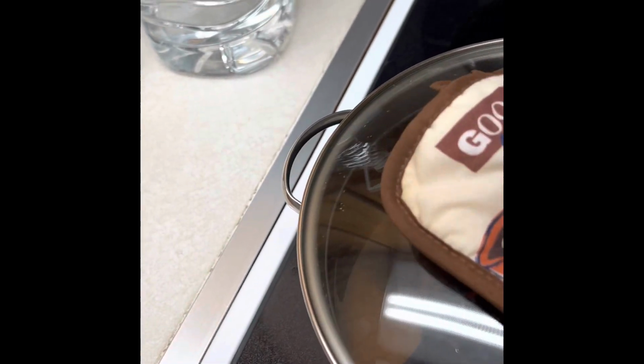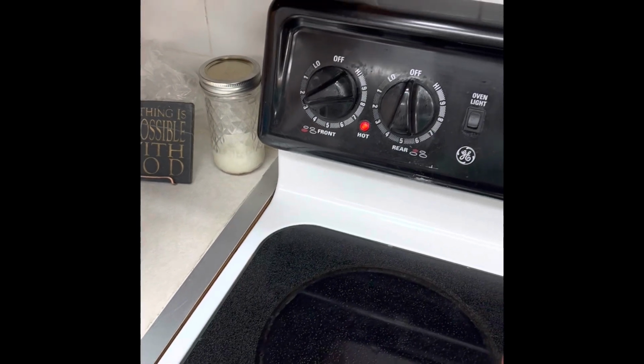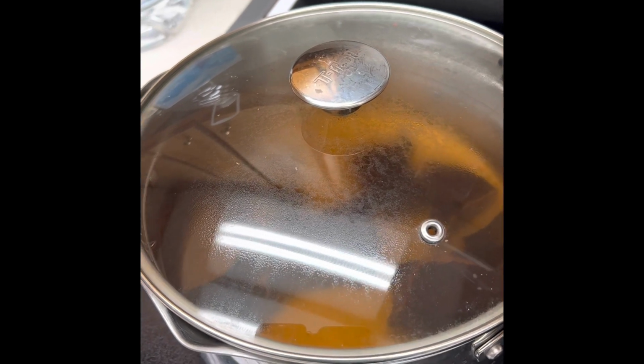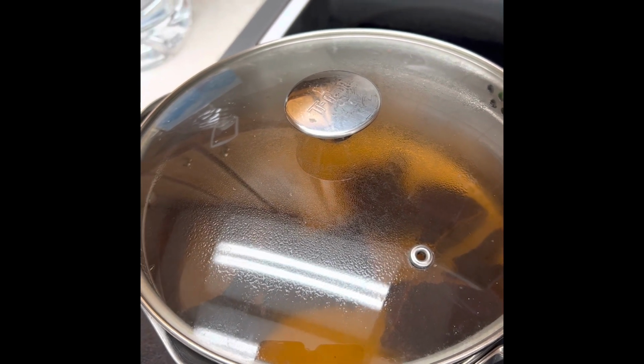It's actually recommended that you cook it for, I'm going to just put my lid back on there, and just let it go. I had turned my, oh no, I've got it there on 3. I put about a half a cup of water back in there, because the hole right here, some of the water will go out. And I'm just going to leave it on there for about another 30 minutes